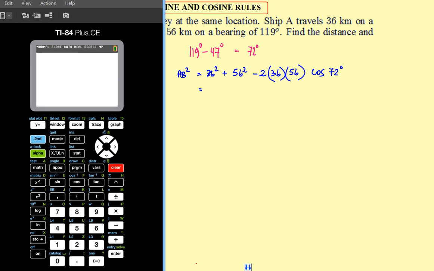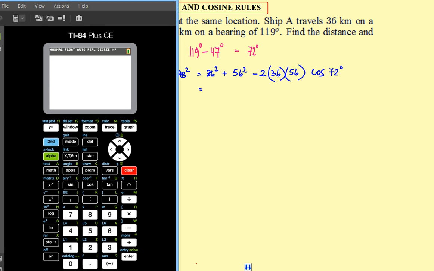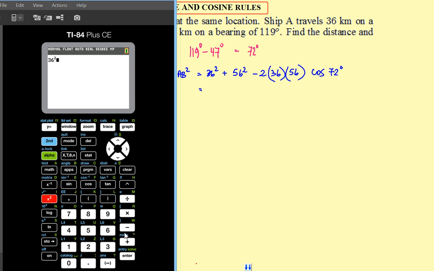So we'll say 36 squared plus 56 squared minus 2 times 36 times 56 times the cosine of 72, is equal to, press enter, and we get